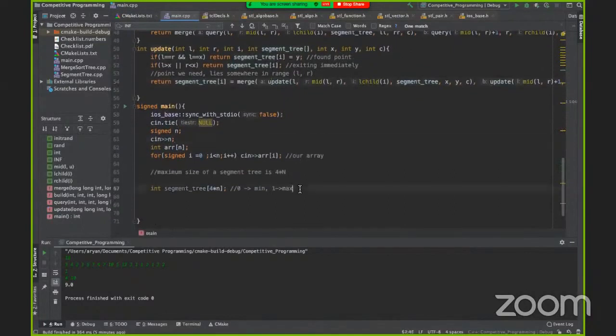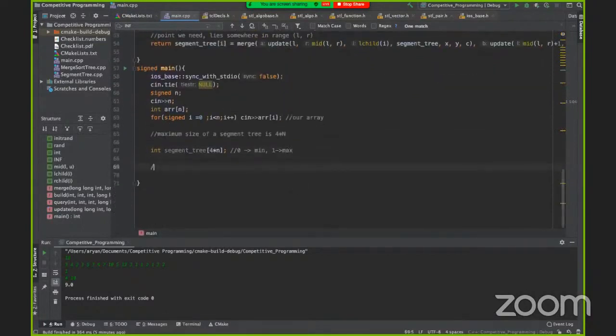Okay, so our segment tree will be like this. Segment tree at I stores the answer for range LR, okay? This is obviously the basic segment tree, okay? Now our segment tree stores the number of nodes that are heads up.